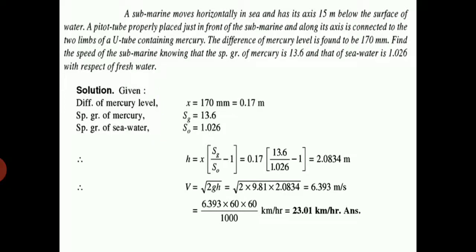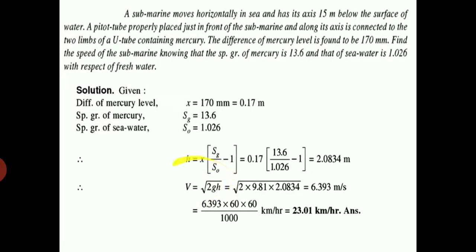H is equal to X into bracket Sg upon S0 minus 1. So where this X is equal to 0.17 meter into Sg, that is the specific gravity of mercury, and S0, that is the specific gravity of the sea water, that is 1.026, minus 1, which is giving us the value of 2.0834 meters. Substituting this value in the formula of calculating the velocity, that is V is equal to